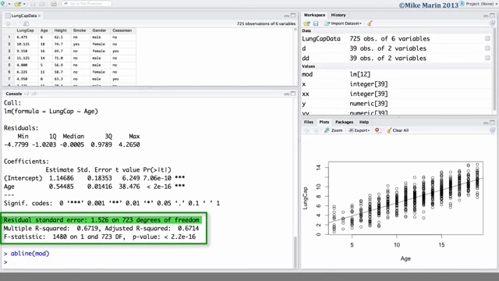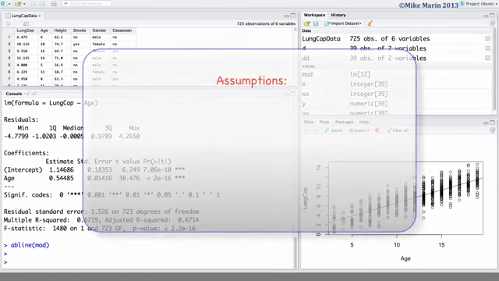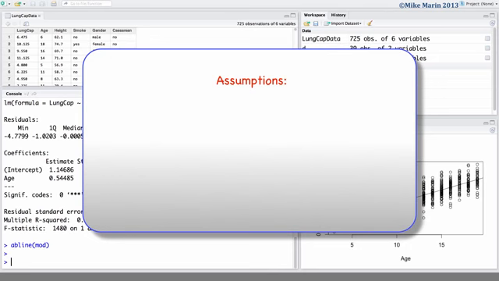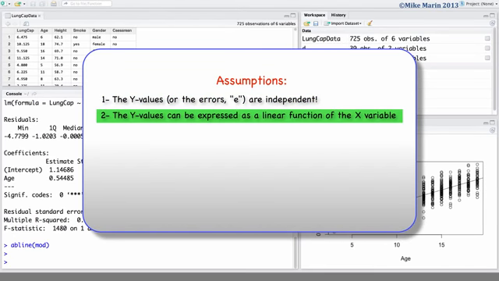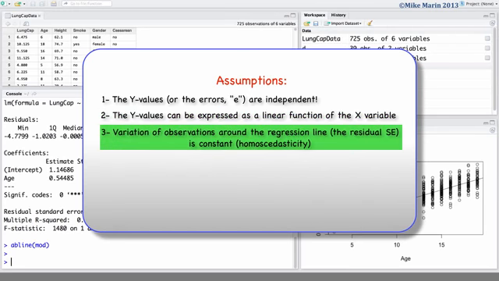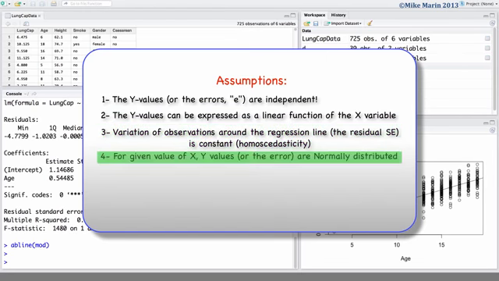The residual or error terms are very useful for checking the model assumptions as well as other things about the model fit. You'll recall that a few assumptions are made when fitting a linear regression model. The first assumption is that the Y values, or the errors, are independent. The second assumption is that the Y values can be expressed as a linear function of the X variables. The third assumption is that the variation of observations around the regression line is constant. This is also known as homoscedasticity. The fourth assumption is that for a given value of X, the Y values, or the error terms, are normally